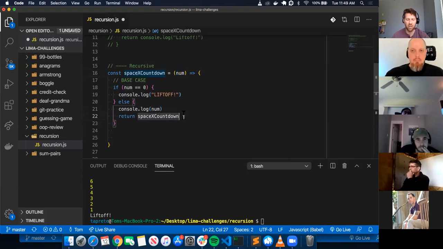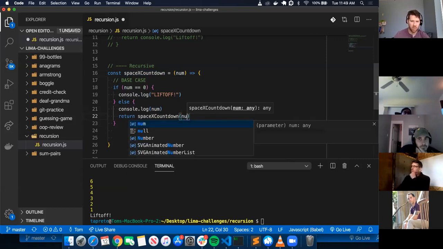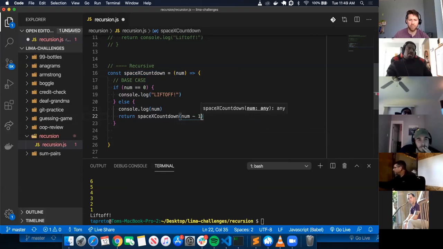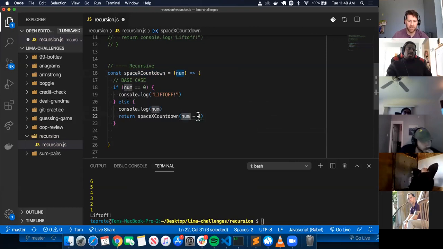put in there, what do I want to put in here? Num minus 1. It's your num decrement. Minus 1. So initially it's 10, comes in here. If num equals 0, do liftoff, else return 10 minus 1, which is 9. So it comes back up here, 9. If 9 equals 0, console log liftoff, else console log 9, return 9 minus 1 equals 8, comes up here,